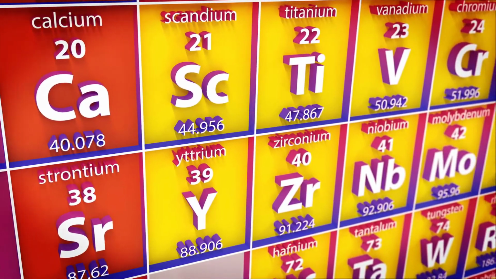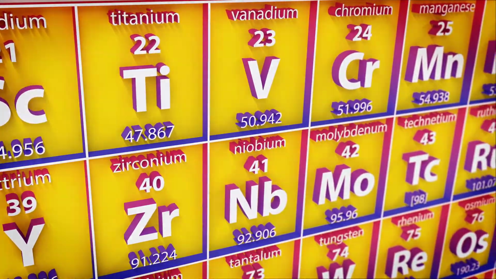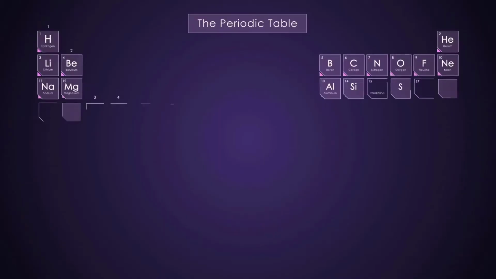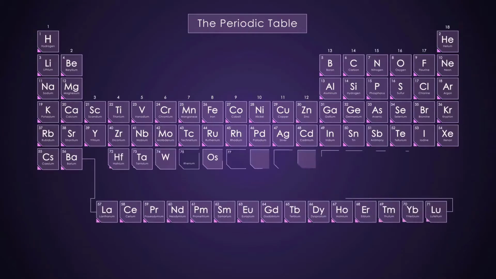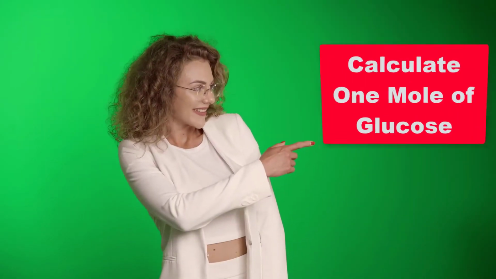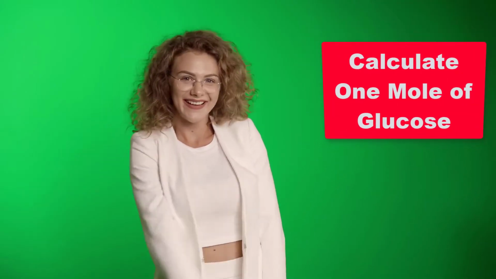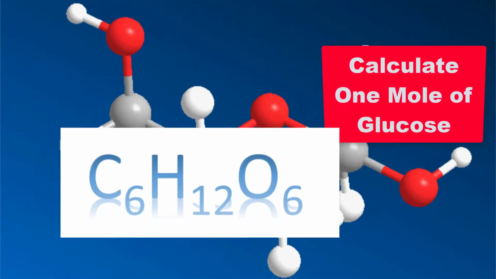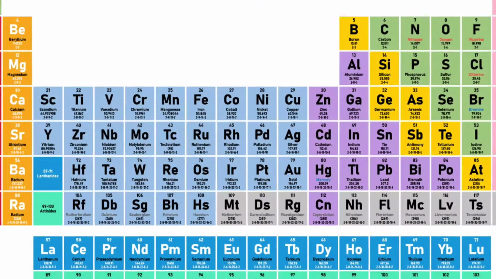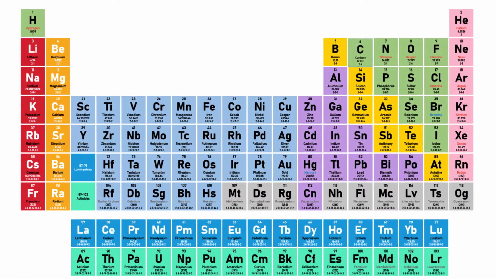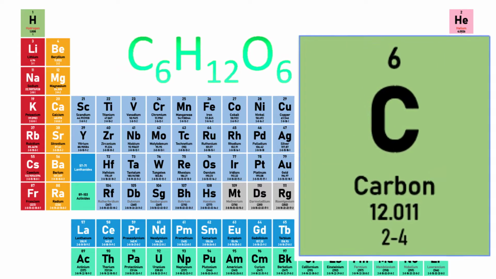The mole of an element is its atomic weight, while a mole of a compound is the sum of the atomic weights of its components, called the molecular weight. An often used example is calculating 1 mole of glucose with the formula C6H12O6. Using the periodic table of elements, we can see that the atomic weight of carbon is